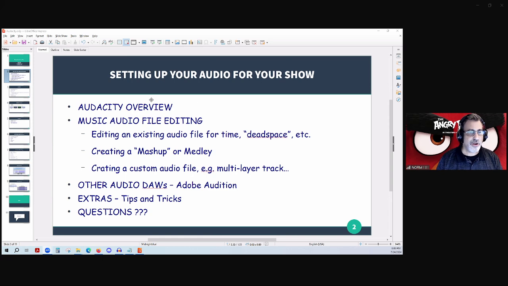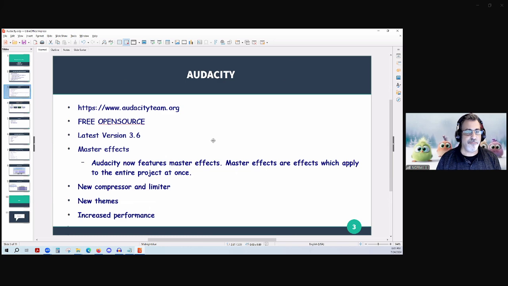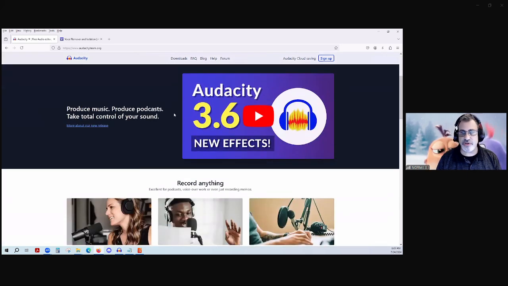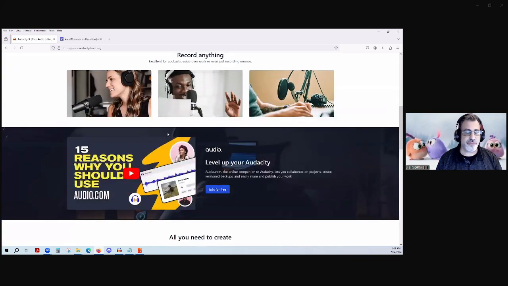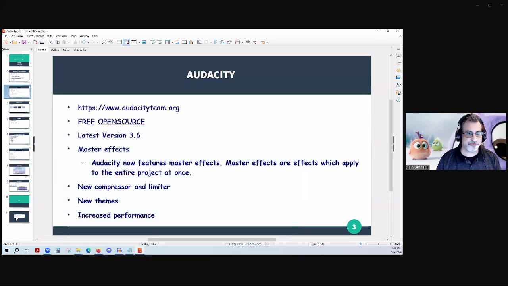All right. So anyway, I use Audacity. What we're going to walk through is how to use Audacity for the most part to edit your music files. You can download it. It's free, open source software. If you go to audacityteam.org, go ahead and download the latest version. They've added some AI effects in there. We're really not going to talk about that a whole lot. They've added some other cool things too. If you've used Audacity in the past, I'd highly recommend updating to the latest version because of some of the additions that they've put in there.